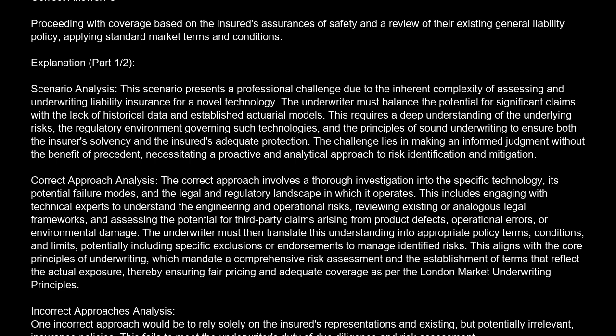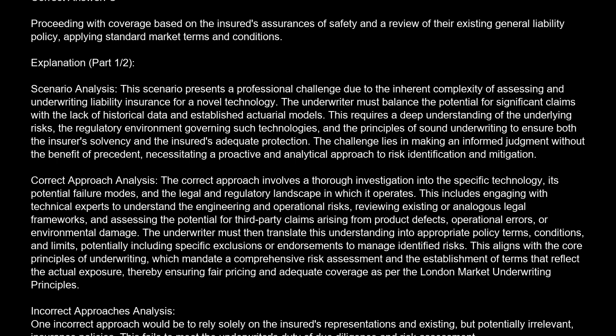This includes engaging with technical experts to understand the engineering and operational risks, reviewing existing or analogous legal frameworks, and assessing the potential for third-party claims arising from product defects, operational errors, or environmental damage. The underwriter must then translate this understanding into appropriate policy terms, conditions, and limits, potentially including specific exclusions or endorsements